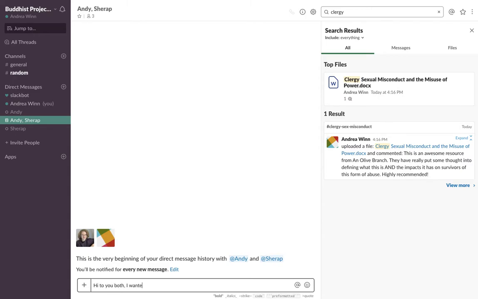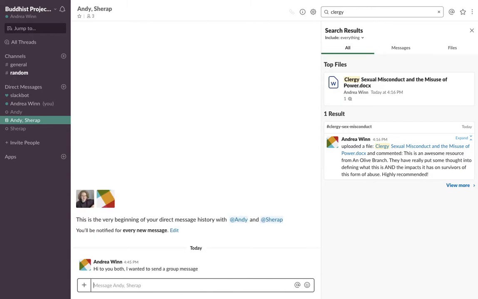I wanted to send a group message." And simply hit enter, and there is a message that's to both Andy and Sherop. So that's a pretty awesome way to be able to stay in touch with people in private messages. Nobody else in the group can see what you have said when you send a direct message to somebody. Only the people that you've sent it to will see what you have said.